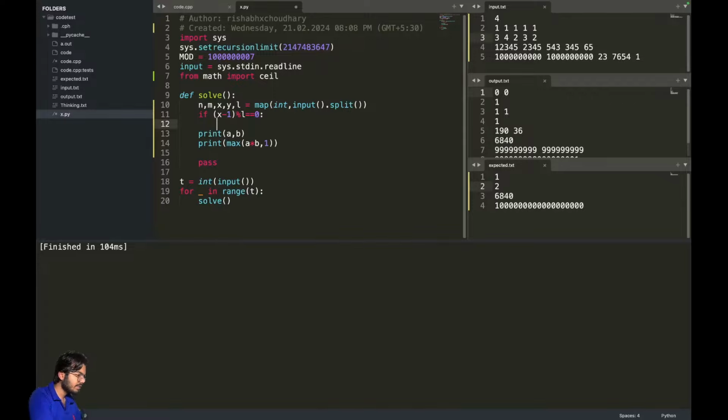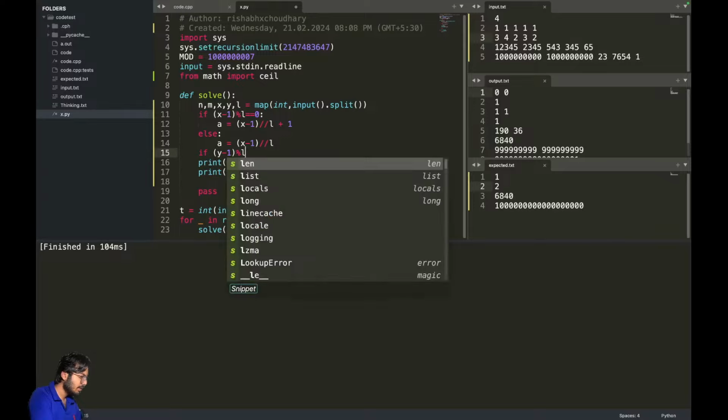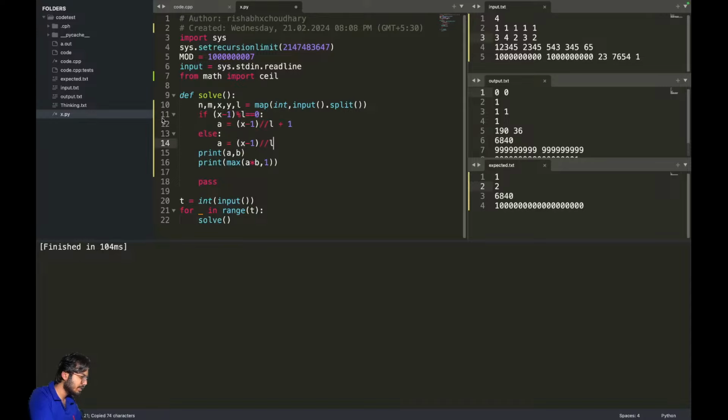So if it is 0, then a is equal to x minus 1 upon L plus 1, else a is equal to x minus 1 upon L. And now similarly, if y minus 1 mod L, maybe I should repeat this step. So this should go here, and similarly I can say n minus x mod L equals 0. Then